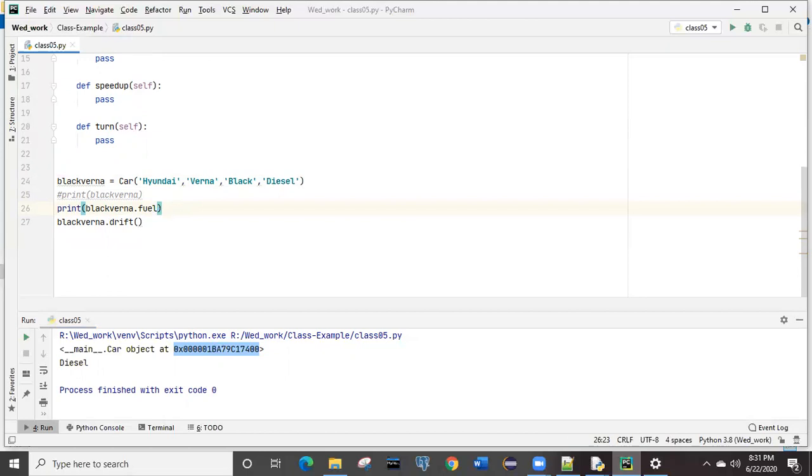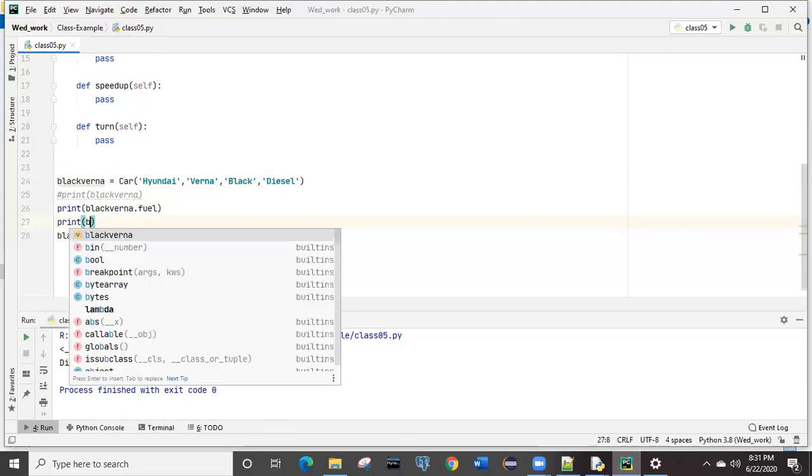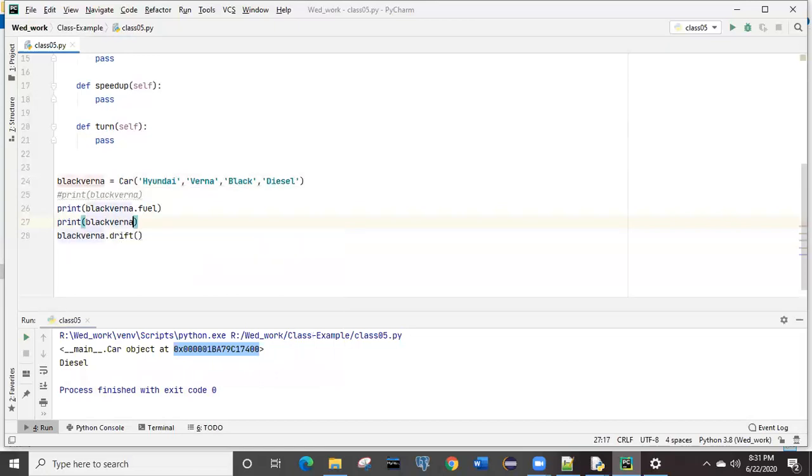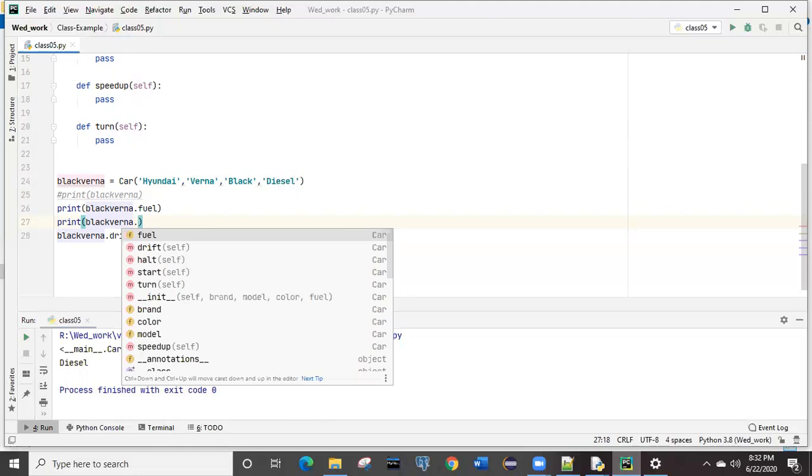If you write inside the print the object name, and after that object name you put one dot, it will give you all the features. You can see this is the fuel. Come down: if you want to print only the brand name, only the color name, or only the model, you can print it.